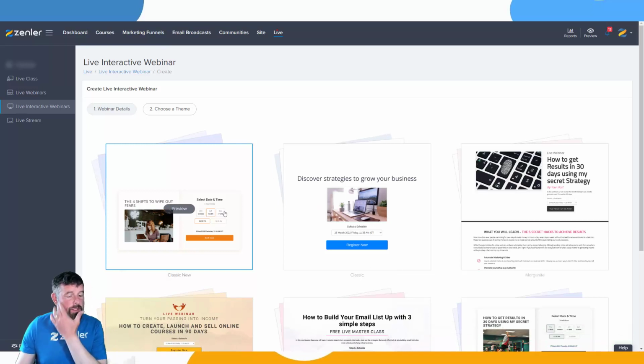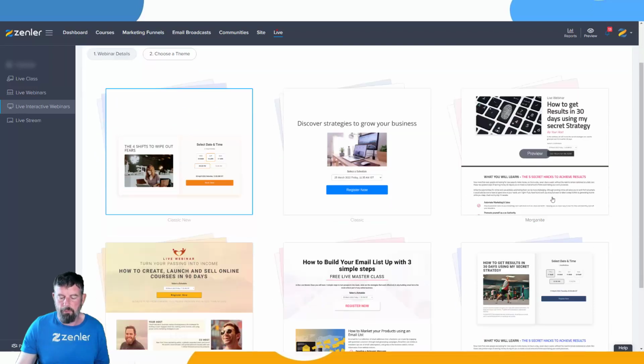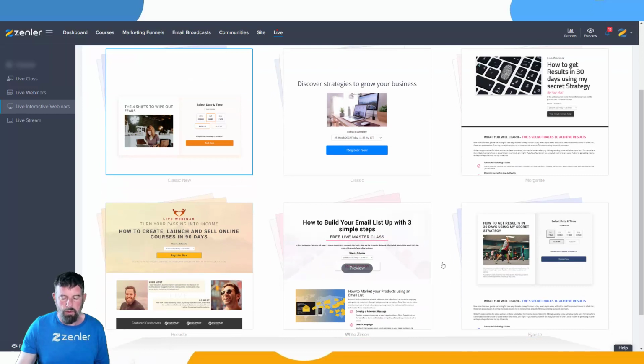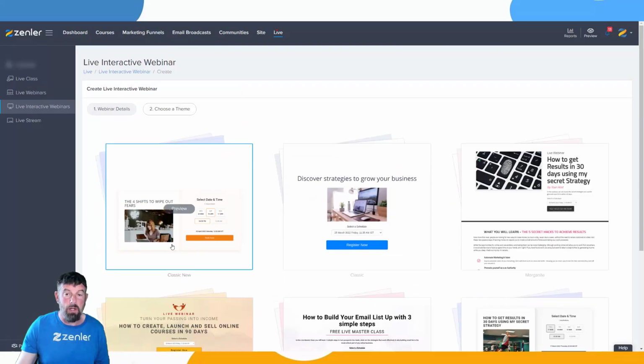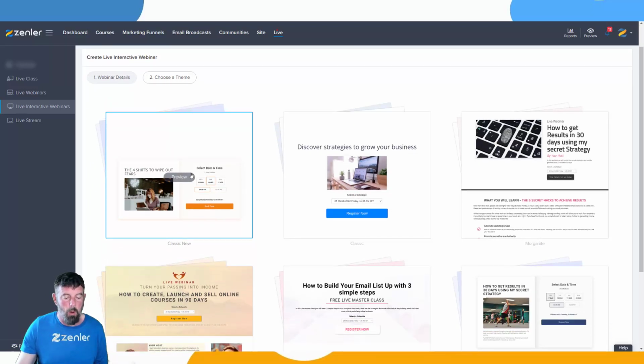Now, when we move on to the themes, what is really cool about this is we have these new calendar and time selections within here. These are new. We also have a drop down as well. So you can select from a drop down, or you can click inside here, and you can see we've got different formats showing here for different designs that you can use as a starting base for your pages. So let's click this one now, just have a quick preview of it.